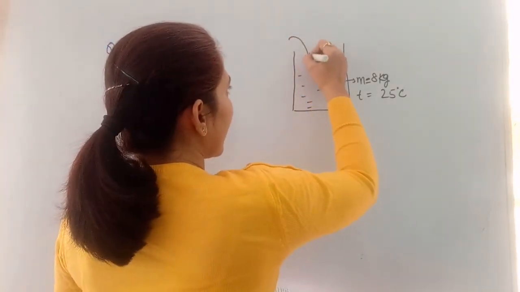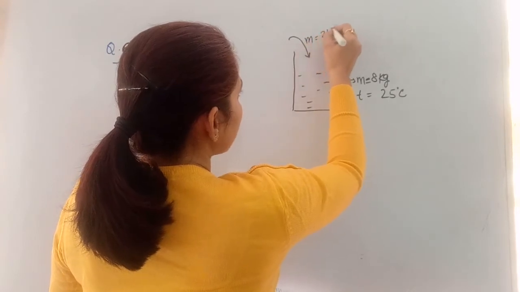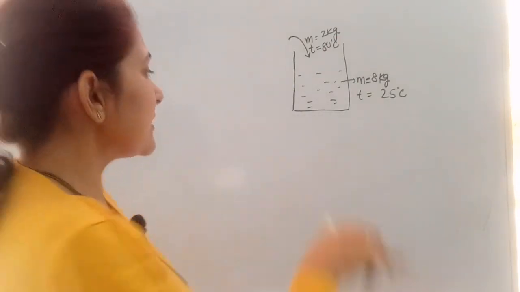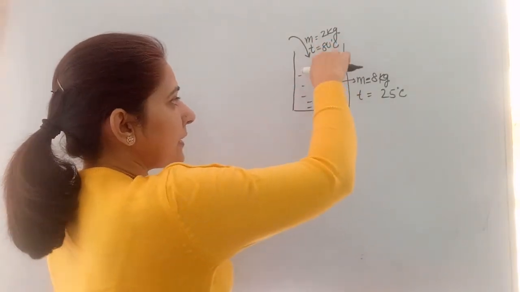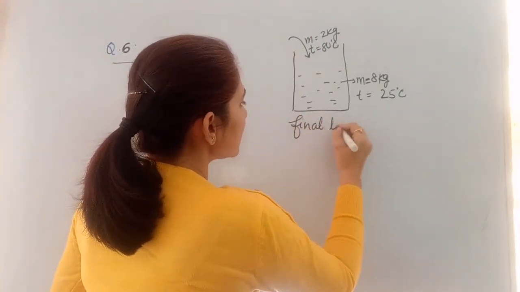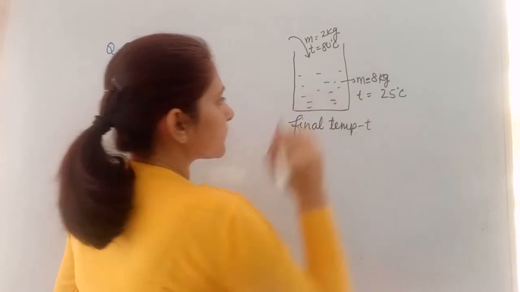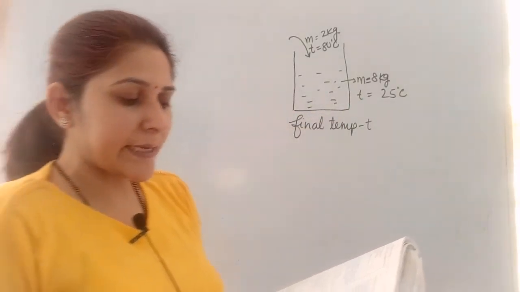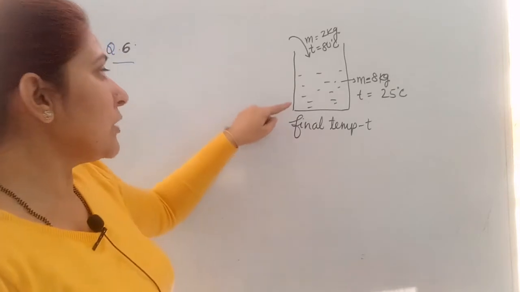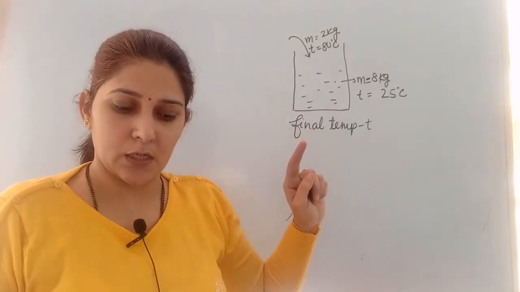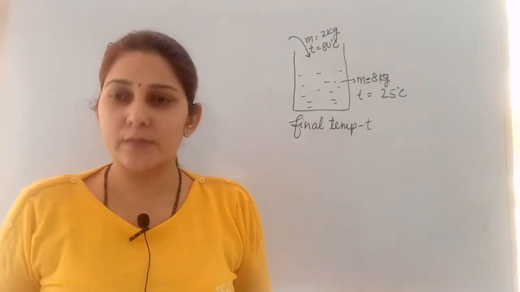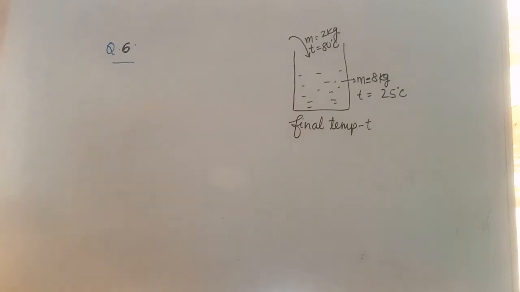On top of it we poured more water, and the mass for that water is 2 kg and temperature of this water is 80 degrees Celsius. Okay, that means definitely the temperature of the water after mixing these two is going to change. And suppose the final temperature is T. Now what we are supposed to do is neglecting the heat energy absorbed by the bucket. The publisher is saying you need to neglect the heat energy absorbed by the bucket and you have to find the final temperature of water. What is the value of this T that they are saying that you need to find out. Now let the final temperature be T.